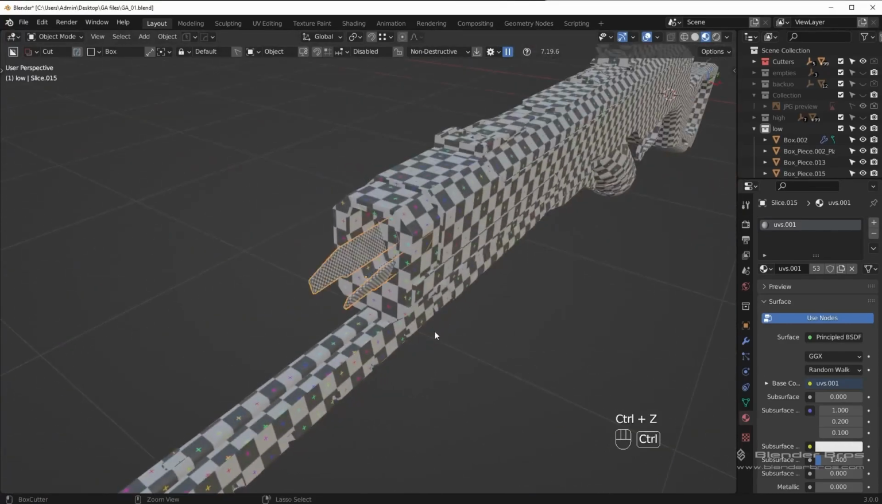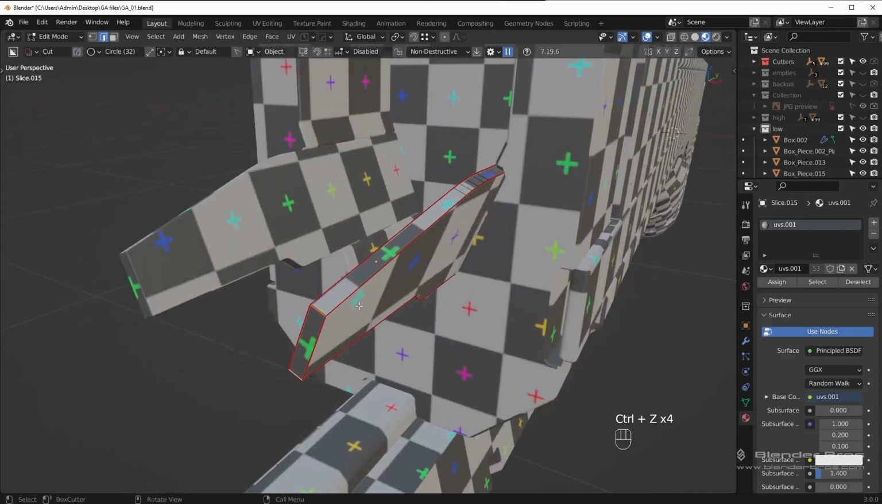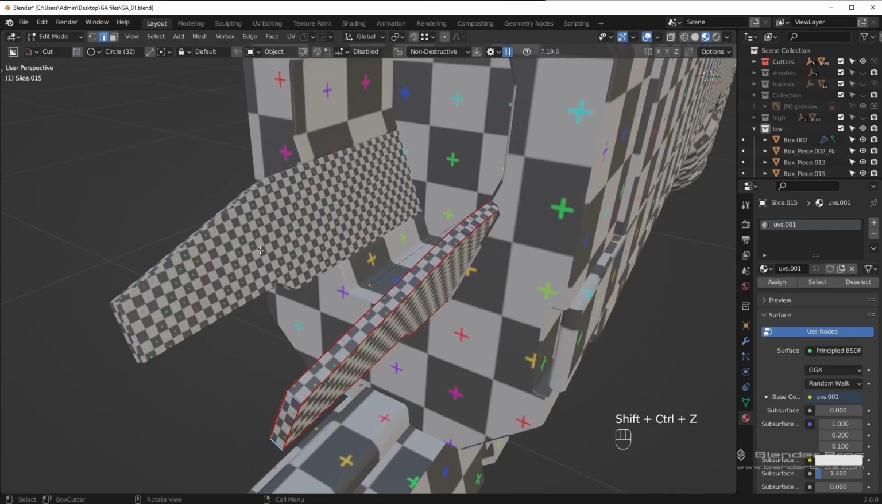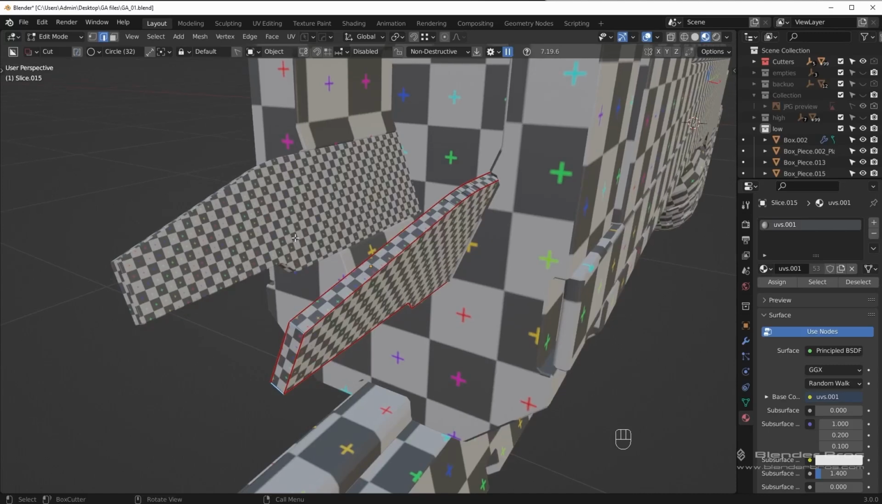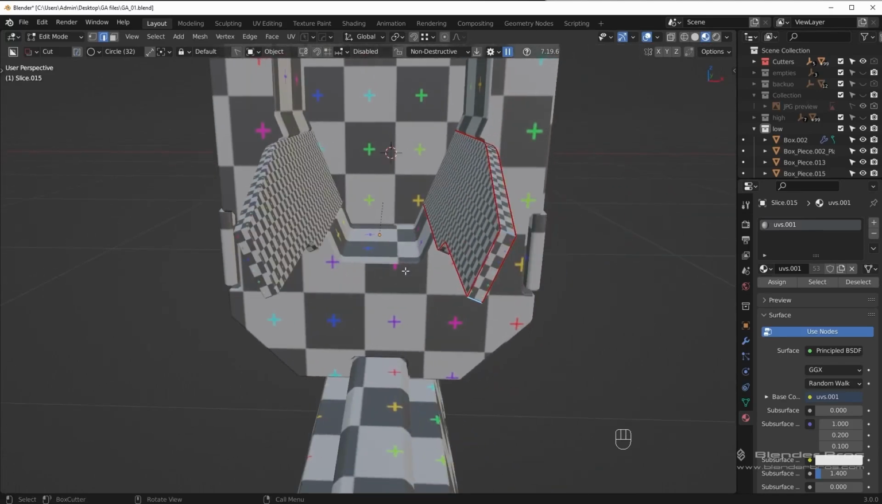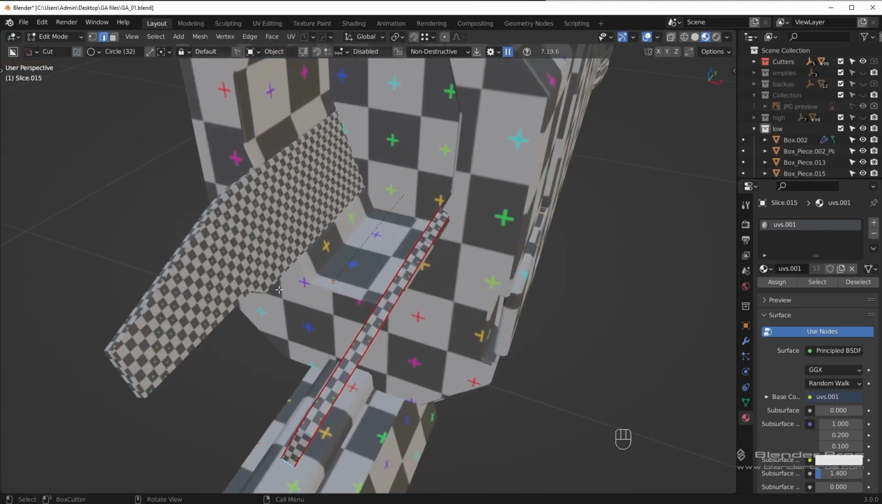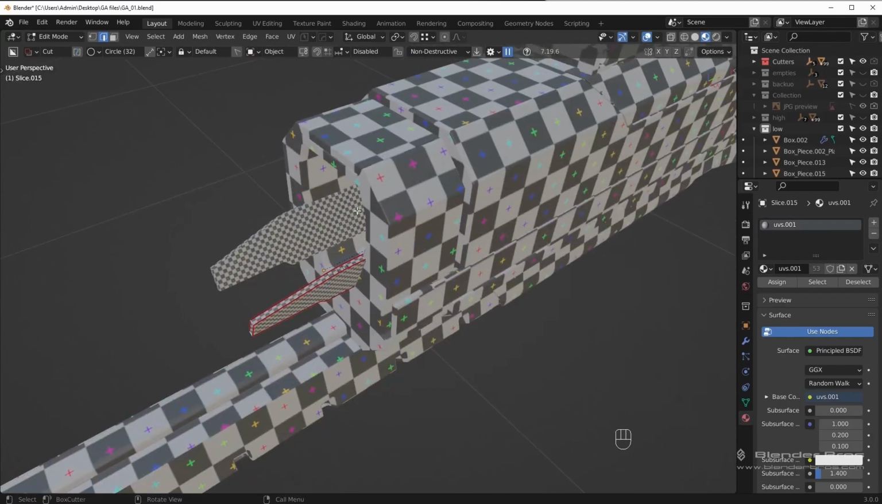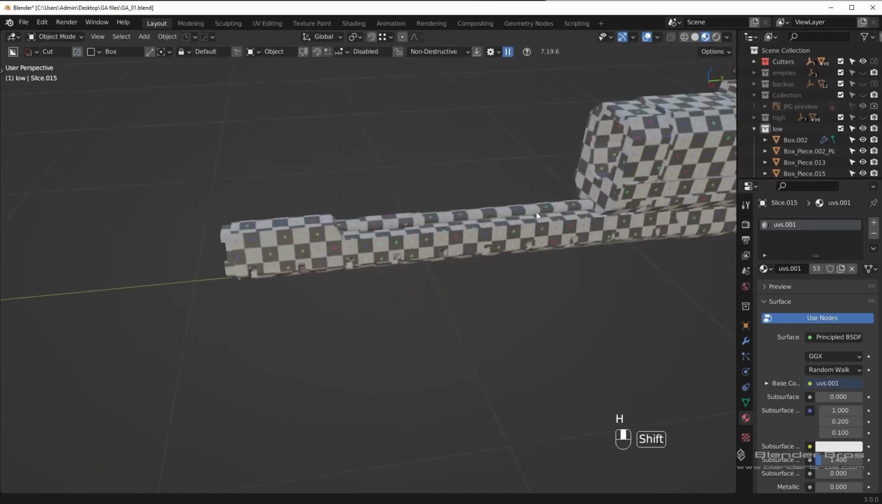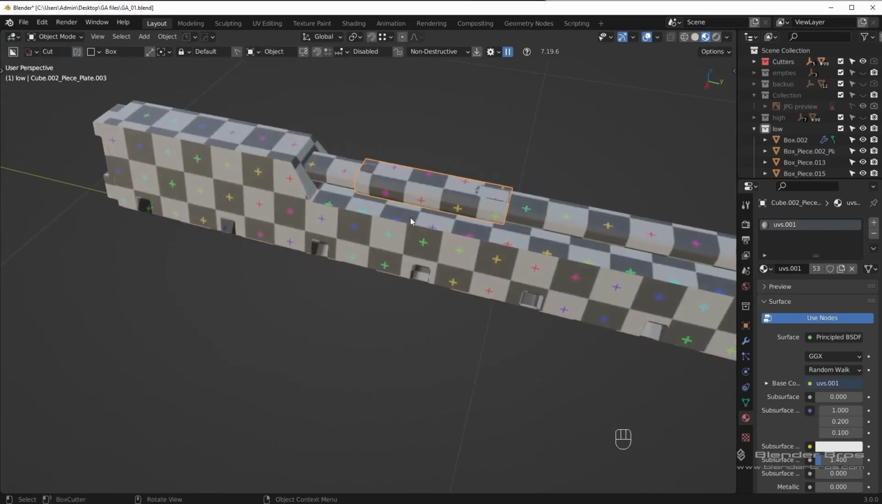Oh, one thing I do want to mention though: whenever you clear seams and unwrap these pieces, sometimes the size of the checkers will change. Don't worry about this at all, because it's not going to matter once we unwrap everything together. So I wouldn't concern yourself with how big or small these checkers look. Just make sure all these checkers look nice and clean in the unwrap, because the size is going to change again later anyways when we unwrap this entire gun as one. So I'm going to hide that piece. This one right here